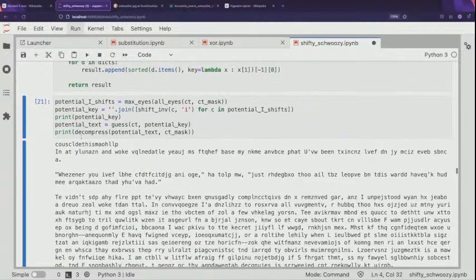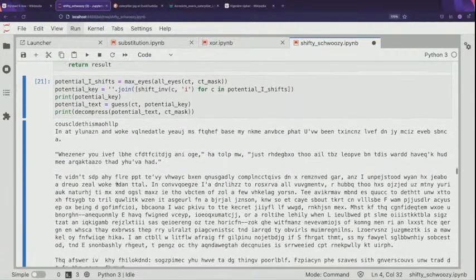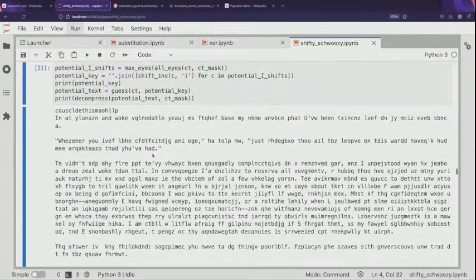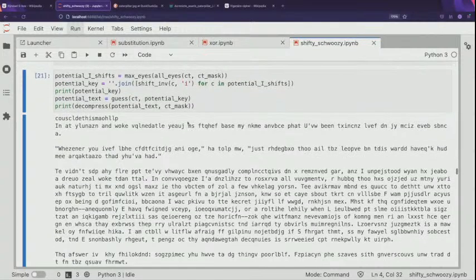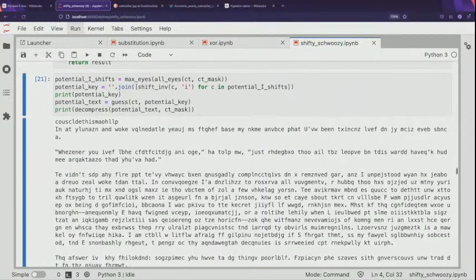Okay, so we get this key here, which has COUS in it. Not quite what we wanted, and that was partly due to, well, you'll see in a second. But, you know, YHU, comma, VA had, let's see, I don't know. So if we wanted to adjust this key, we can just